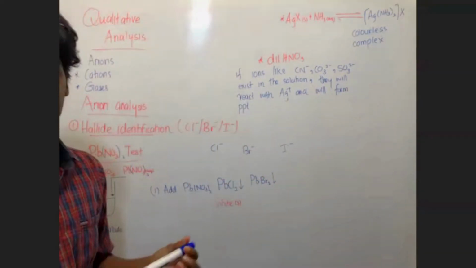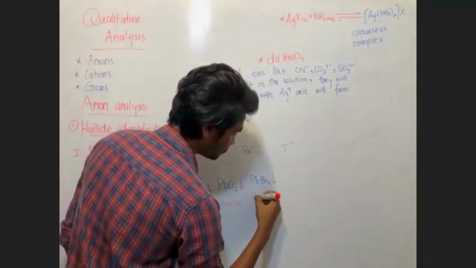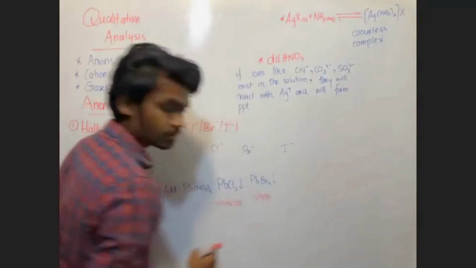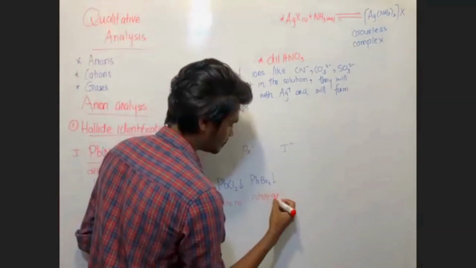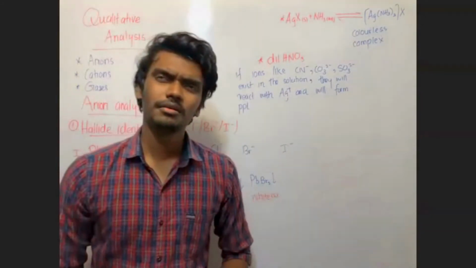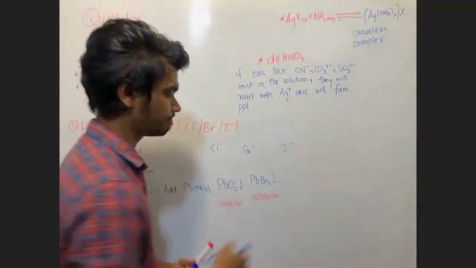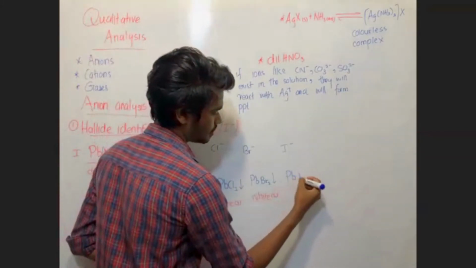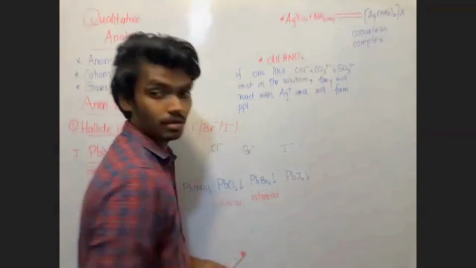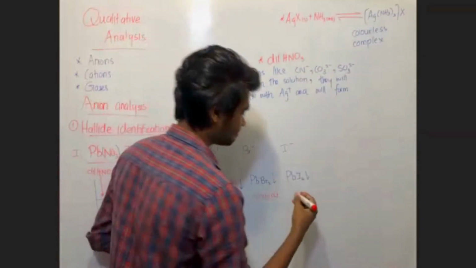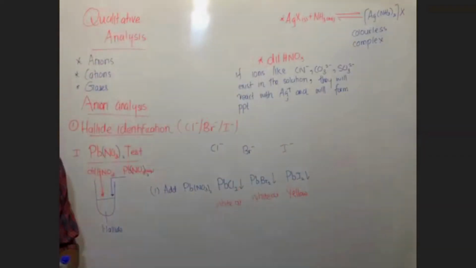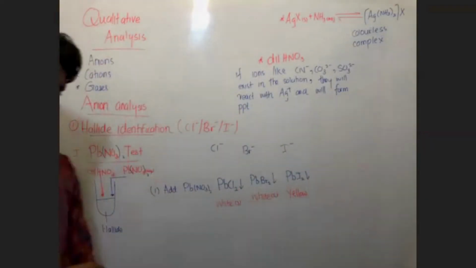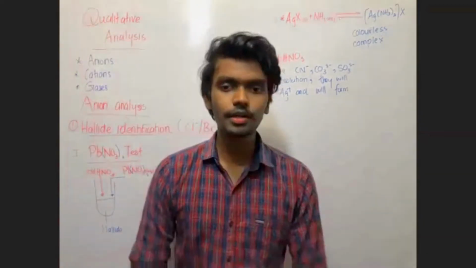What is the color? Right. White solid. PbI2. Yellow. Exactly. Yellow in color. Right? To further confirm,